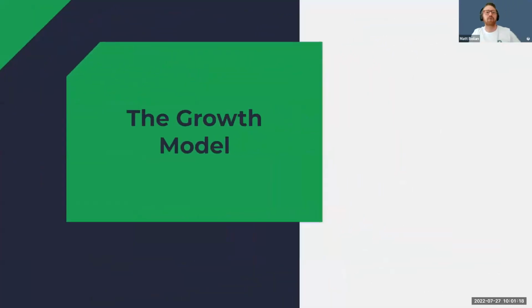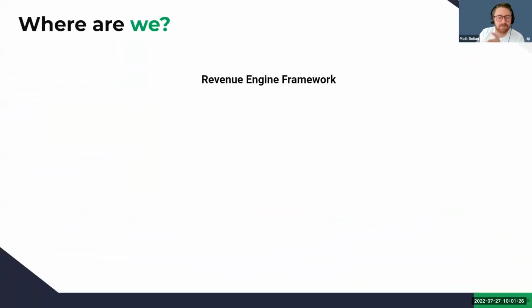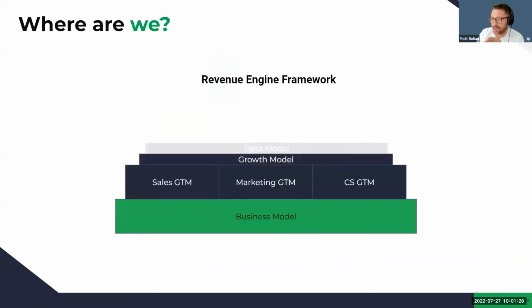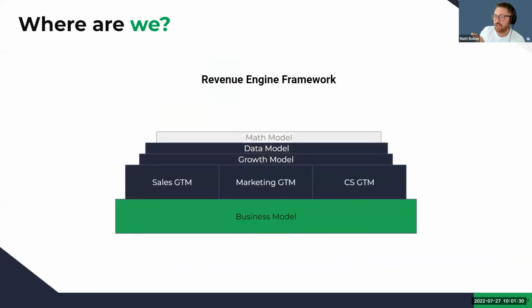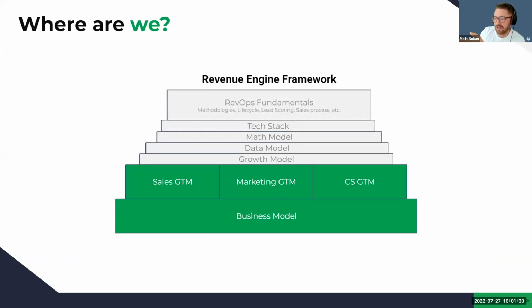So let's go over the growth model, which is one question I have been asked. The growth model is going to tell us about go-to-market motions and what is a fit. So let's go back over this so we see it. We just did the sale. We've done our sales, marketing, CS, and go-to-market motions, and we're about to cover the growth model. Why are we going to cover the growth model? Because it's going to show us when we should start doing more than one go-to-market motion, or when we should start thinking about scaling and where revenue operations really fits.